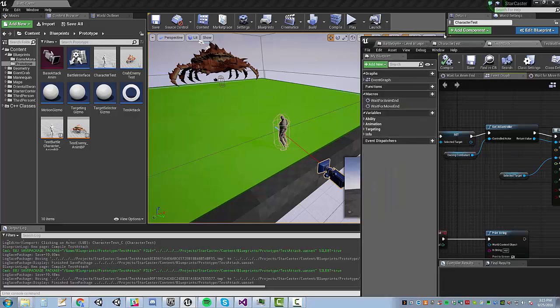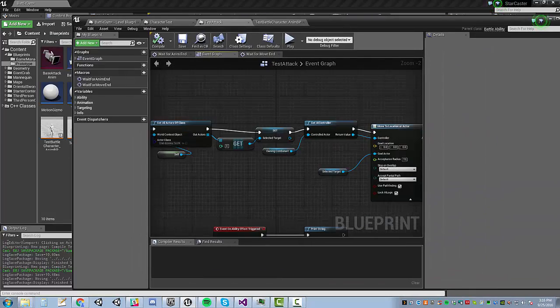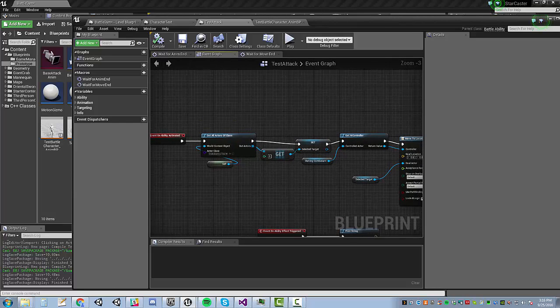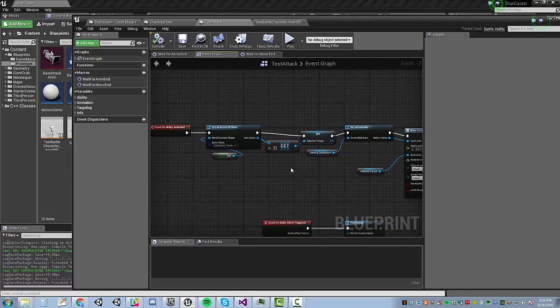Now, different attacks might have different types of variables set up. They will certainly have different targeting logic, depending on whether it's a radial attack or something that causes the character to move down a line or something like that. Some of them might be individual targeting. Some of them might require you to lock on to multiple targets. There are many possibilities for how this can work out. I need to create the targeting system yet, but